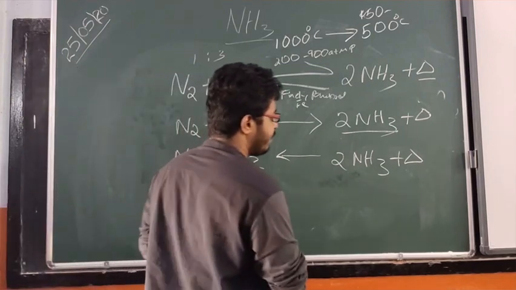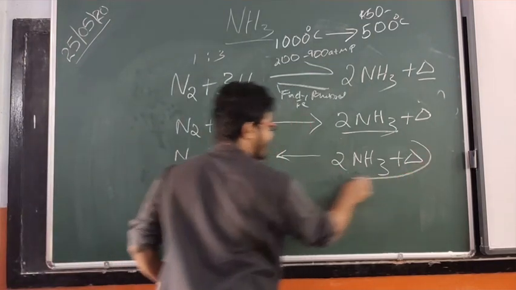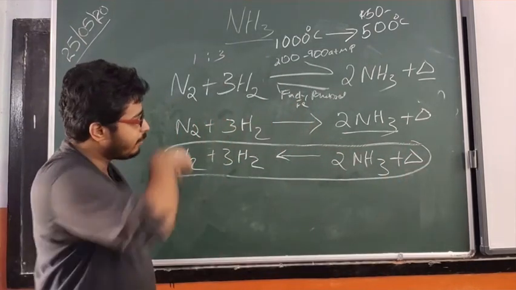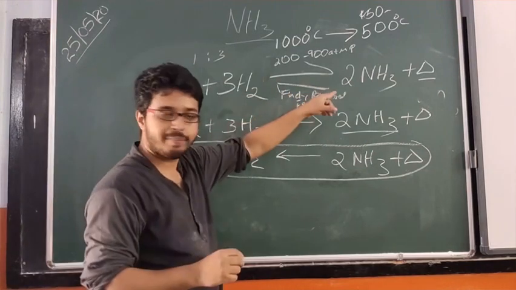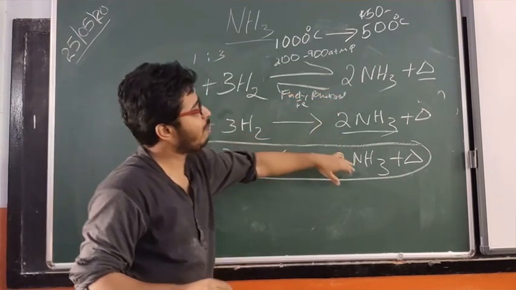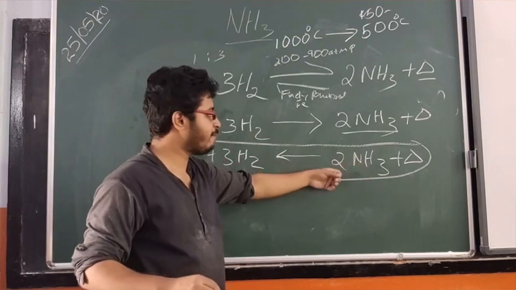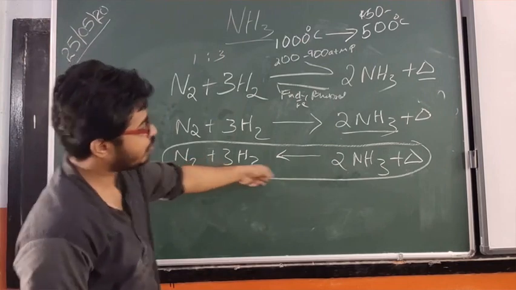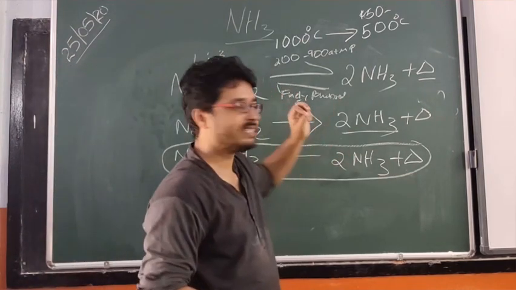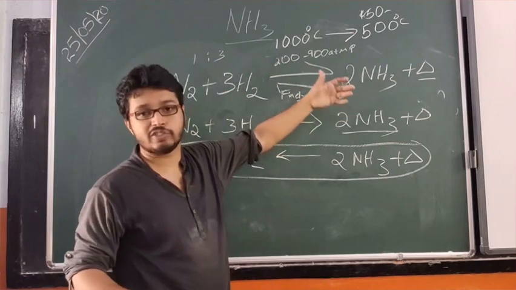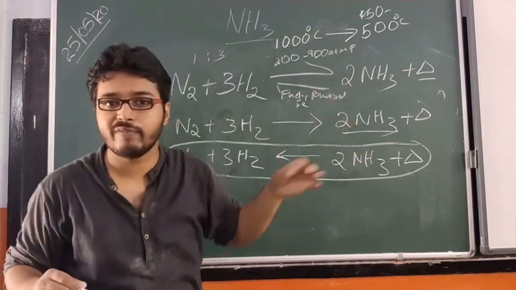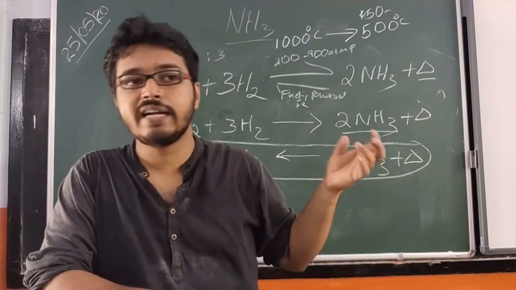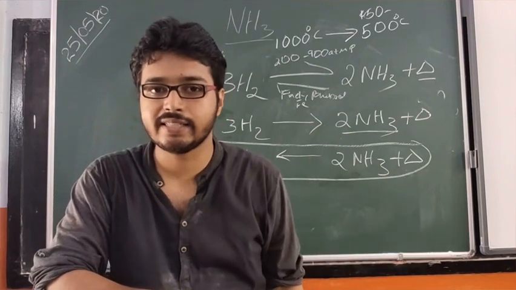So if you are increasing the temperature, the second reaction takes place. It is supposed to be a reversible reaction, but most of what will take place is the decomposition of ammonia into N2 and 3H2 by absorbing heat. The reason is that we increased the temperature. So if we increase the temperature, the ammonia produced in the reaction will decompose back into nitrogen and hydrogen.